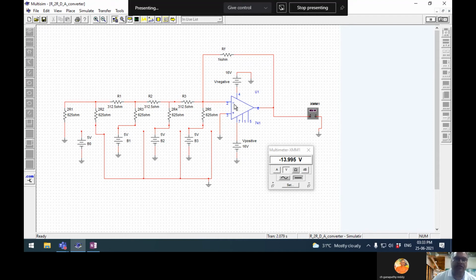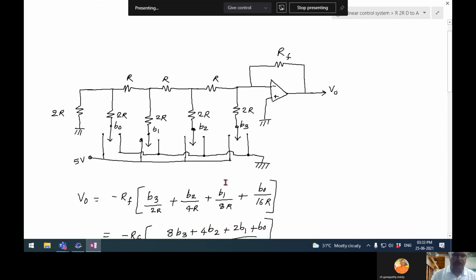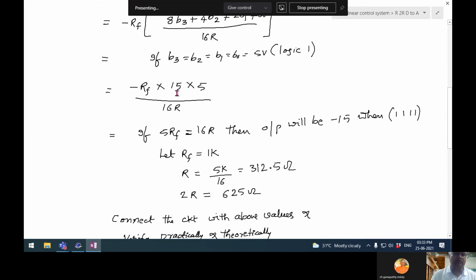This is inverting. See that negative is on the upper side, and pin 4 is connected to the negative power supply, pin 7 is connected to the positive supply, 16 volts taken, and here 5, 5. If you don't want 5, but some other voltage like 10, 10, 10, then accordingly these resistance values also we have to change. So it is perfectly working digital to analog, but most of the lab manuals are given differently, and you don't get this perfect. So this perfect is possible with the small logic.